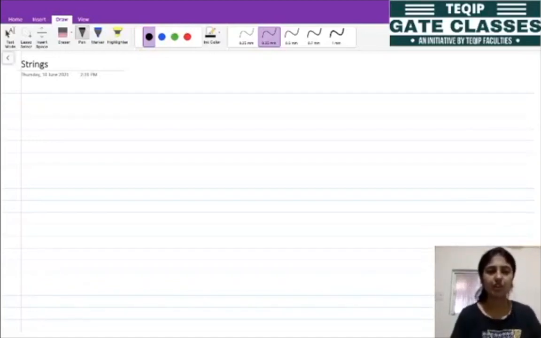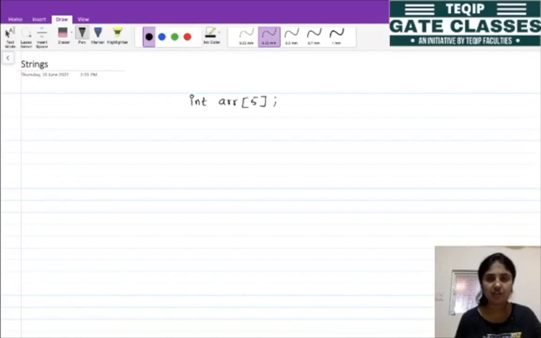Okay, so let's start with our today's lecture. If we have a statement like this, int array of 5, what does this statement indicate? This is an array of integer elements. So how will it be allocated?